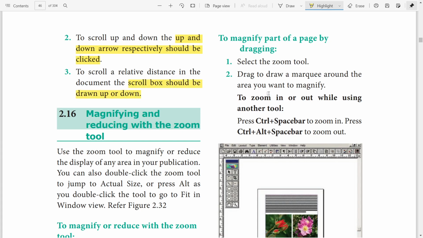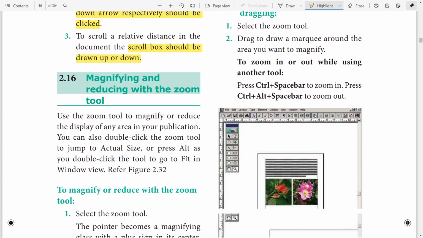Okay, there are two scroll bars: for top and bottom, as well as left and right direction. Next one is magnifying and reducing with the zoom tool. Magnifying is nothing but enlarging the given picture or page, as well as reducing the size of the given page.